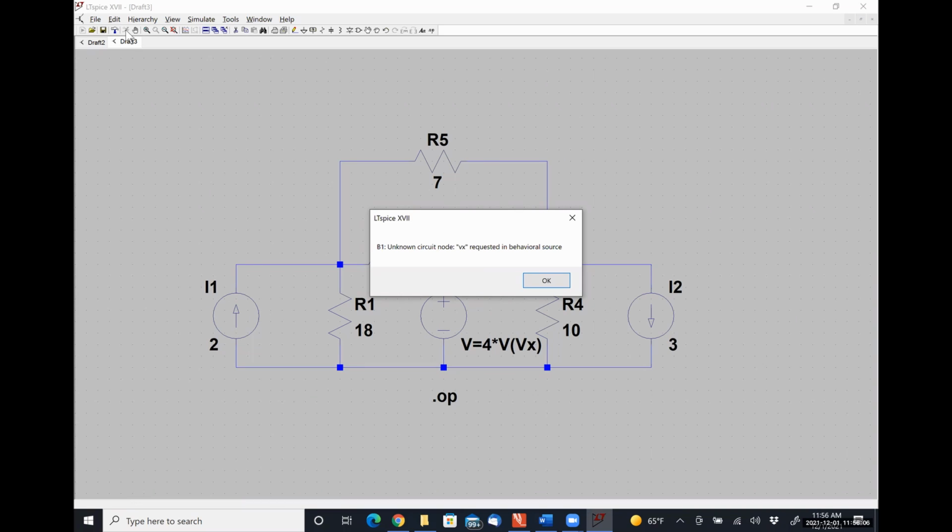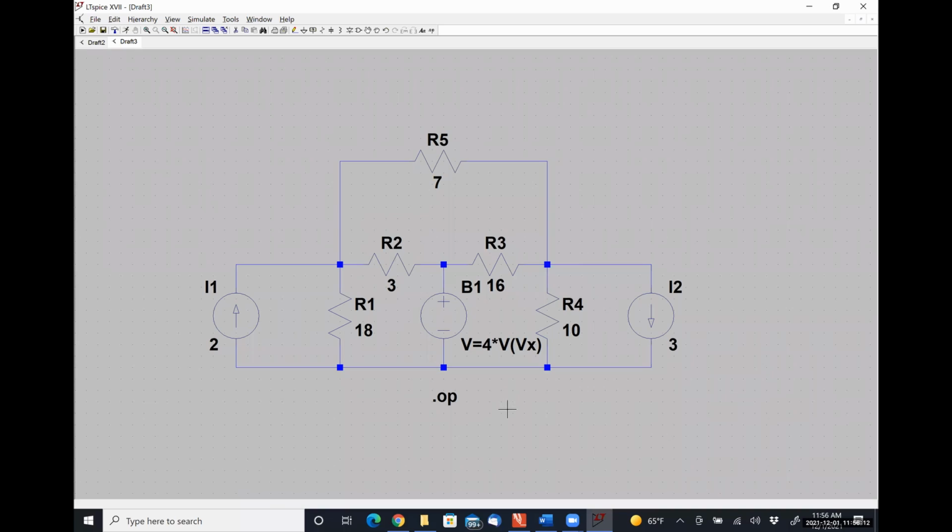Unknown node VX, that's fine. Actually, that's not the error I was even talking about. The error that I was expecting is since we don't have a reference assigned, it won't run a simulation. So let's prove that, since this is node 1 and this is node 2,